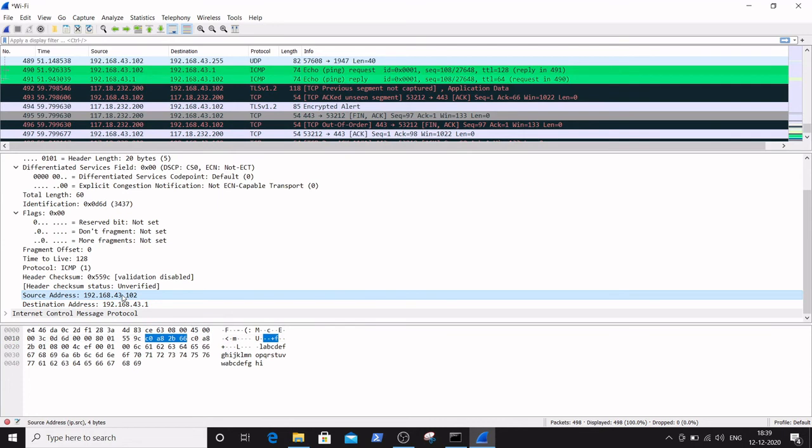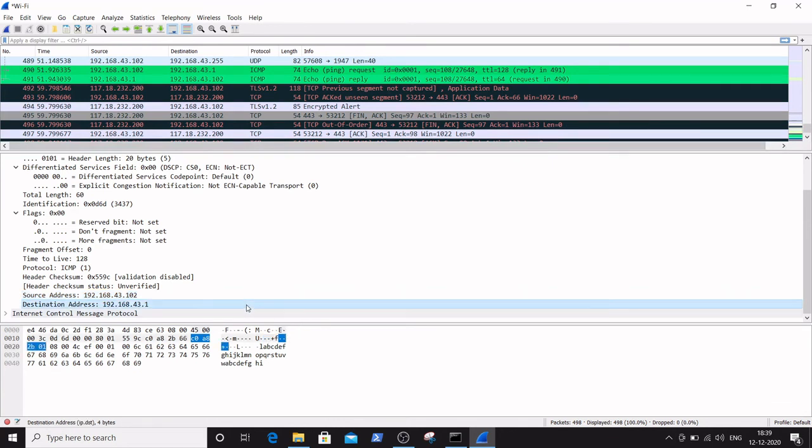By selecting the source address, the highlighted thing in hexadecimal numbers is C0A8 2B66, and the destination address is also highlighted in hexadecimal numbers as C0A8 2B01.